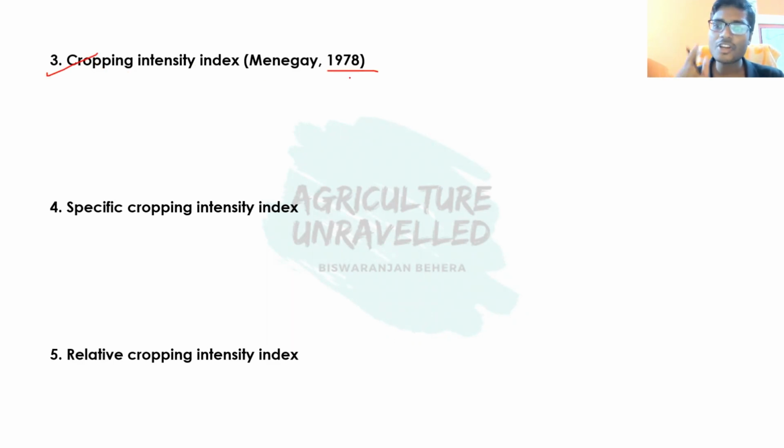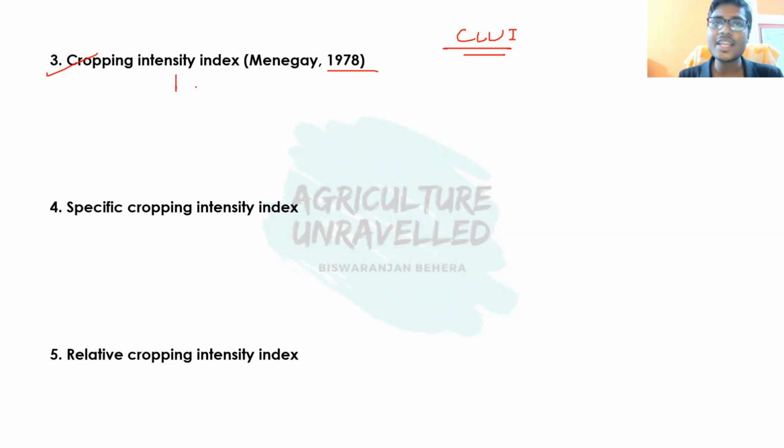What was the limitation of the cultivated land utilization index, that is CLUI? The major limitation of CLUI is that it always considers the net cultivated area available for 365 days. If there is some area available for a temporary period, for 1 month or 2 months, then the CLUI concept does not consider it.